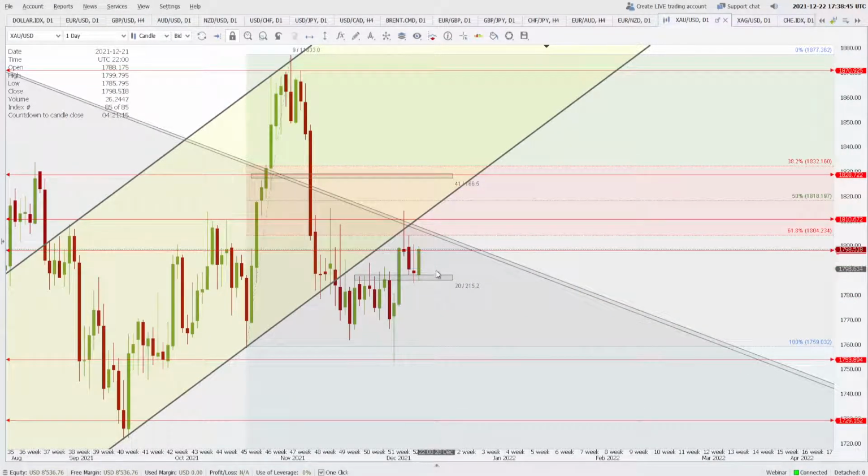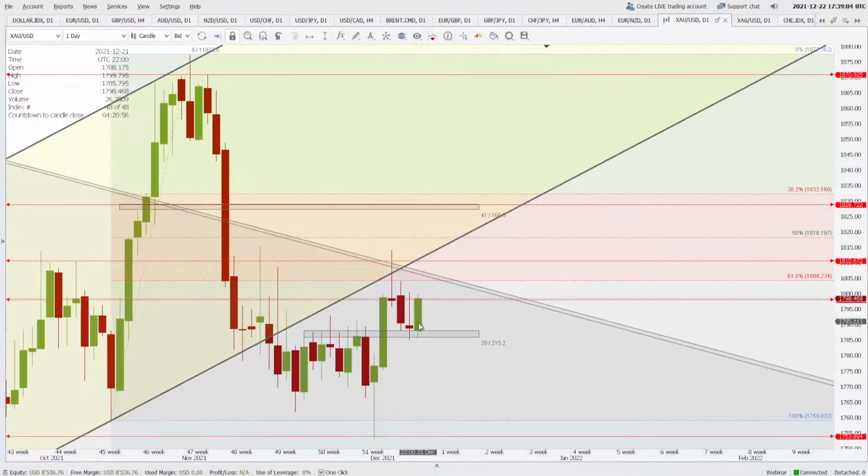1798, where the price is trading right now, and there is a horizontal resistance of 1810. So there are multiple resistances when we look upwards, but there is a support very far away, that is 1753. So it is favorable to open short positions, but looking at today's price action, it is not favorable. Also, it is an inside bar, and there is a possibility of a breakout to the higher side, because